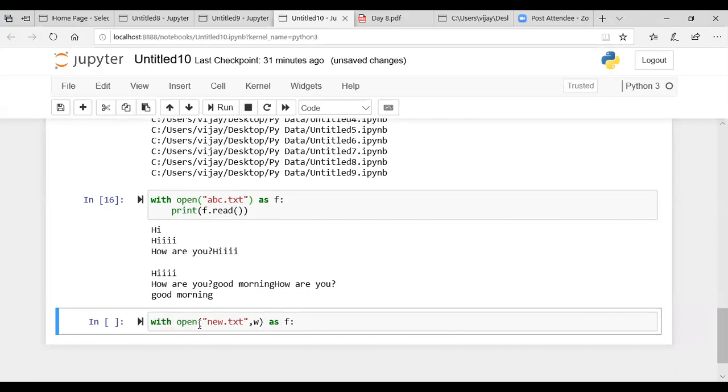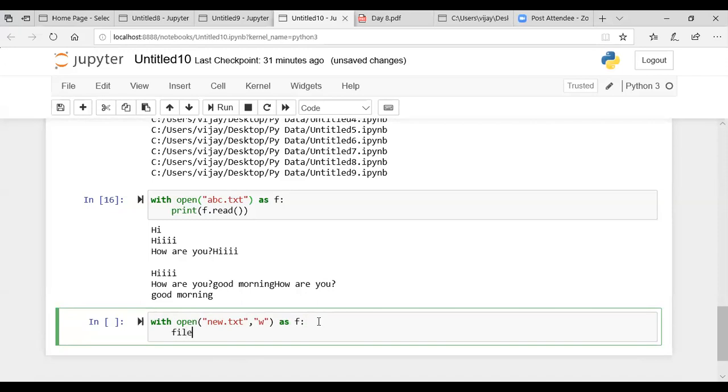So I'm opening a file named new.txt, comma W. W stands for write mode over here, so you have to put it in quotes. Now the system will check whether this file new.txt already exists or not. If it doesn't exist, it will create the file first and then write into that file.